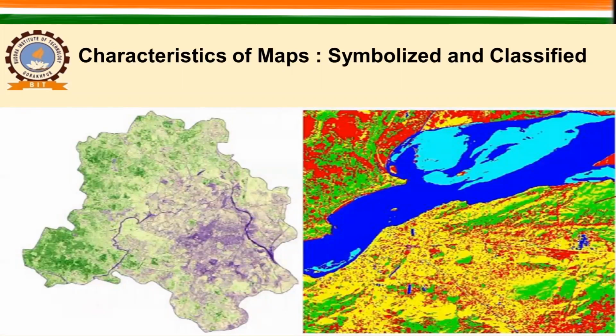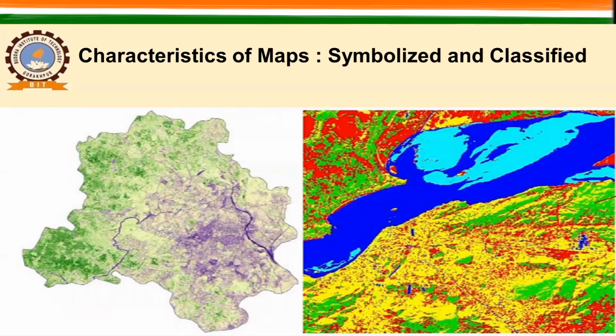So you can see all these data sets. In symbolized and classified, you can see this result, and I hope you remember my classification technique lecture. This is basically coming from that side only. All these colors will be listed in your legend, and each legend will explain what parameter or what class you are representing with this particular color.